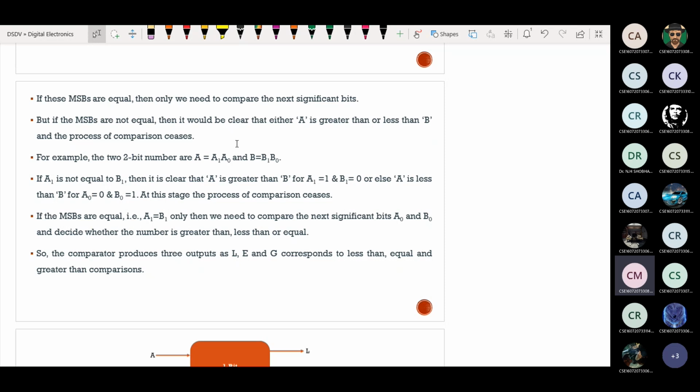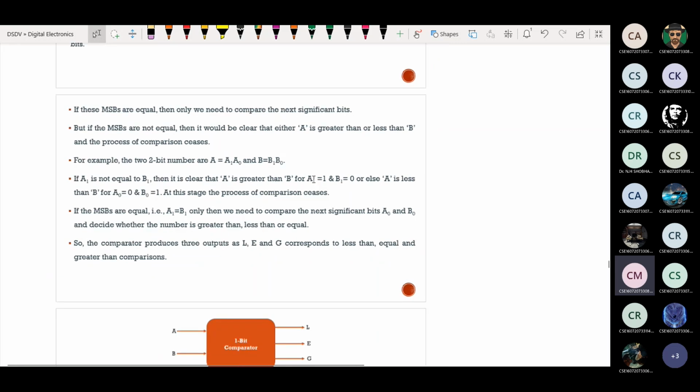At this stage, the process of comparison ceases. If the MSBs are equal, that is A1 equals B1, only then we need to compare the next significant bits A0 and B0 and decide whether the number is greater than, less than, or equal. So the comparator produces three outputs L, E, and G, corresponding to less than, equal, and greater than comparisons.